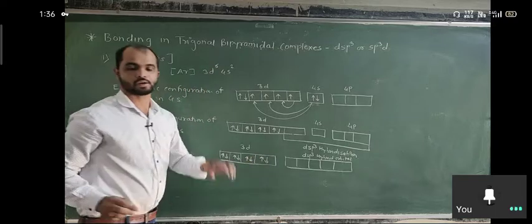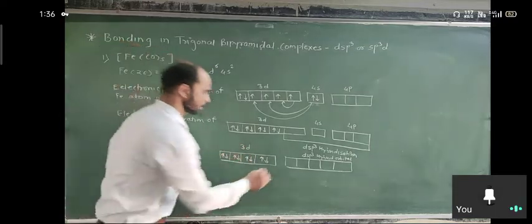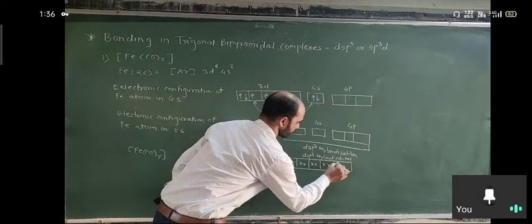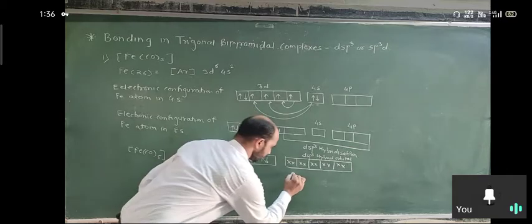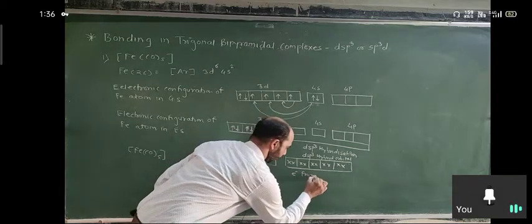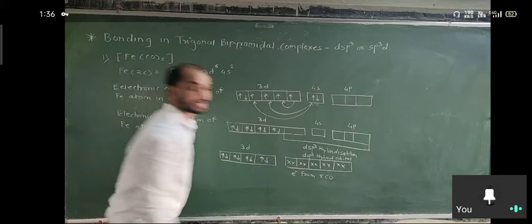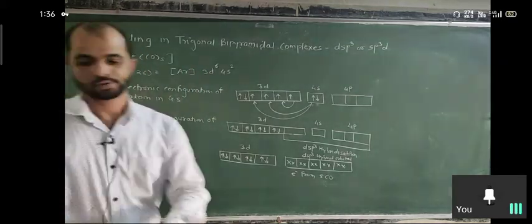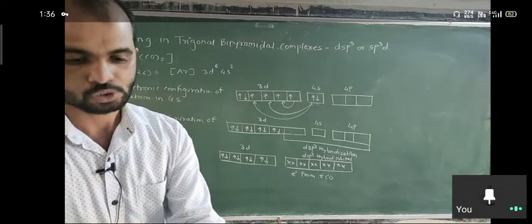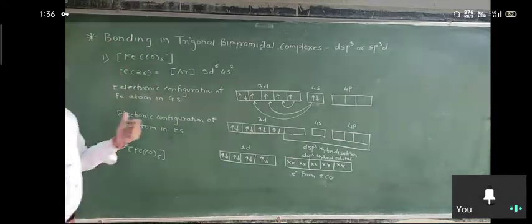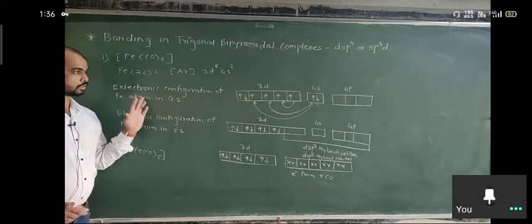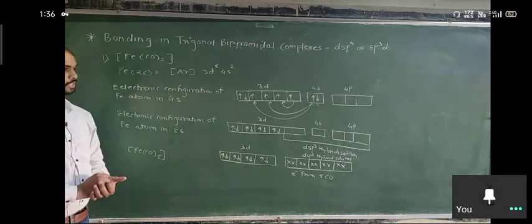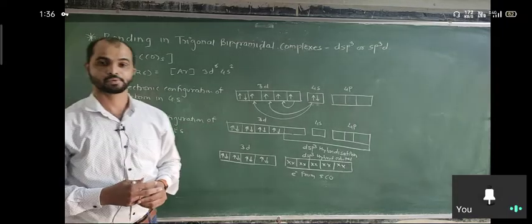And you can represent the electrons here in the form of crosses, or you can use the same sign as dots. So these are the electrons from the 5 carbon monoxide molecules. So this is the representation, and you can write the explanation. So here, how can we write the explanation? In the Fe(CO)5 complex, the 3d orbital has 6 electrons and the 4s orbital has 2 electrons.